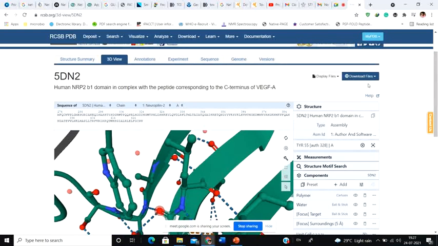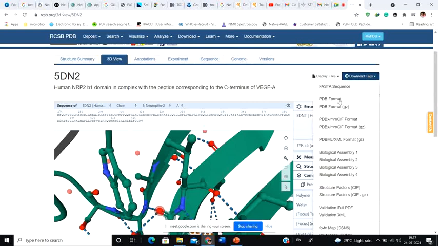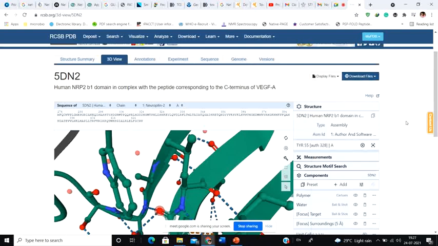How to download it? See, there's an option called download files here. Simply click on it, and there you have an option called PDB format. Simply click on PDB format and it's going to get downloaded. And as I've told you, install PyMol. I think you have all installed PyMol, right? And using PyMol, we can visualize the structure entirely. Okay, so today we're going to see how to visualize the structure and all. If you want to download the structure, simply click on this particular PDB format. You can download the structure from there accordingly.